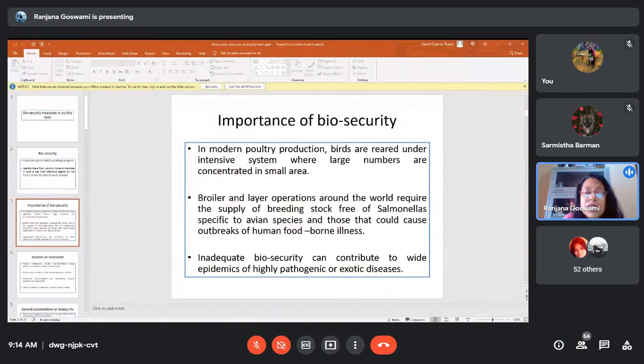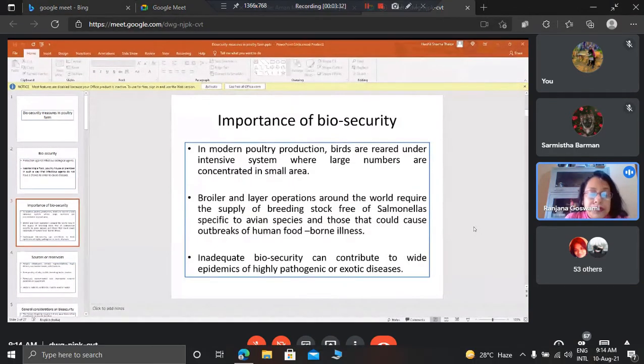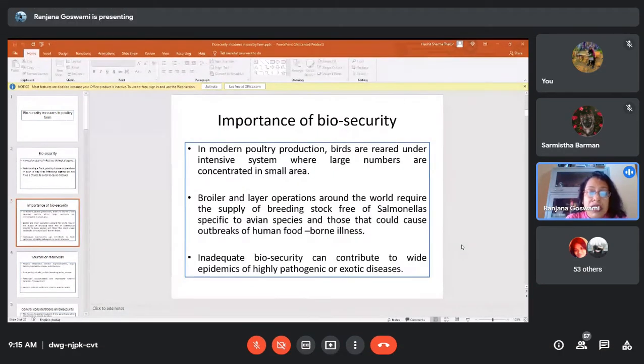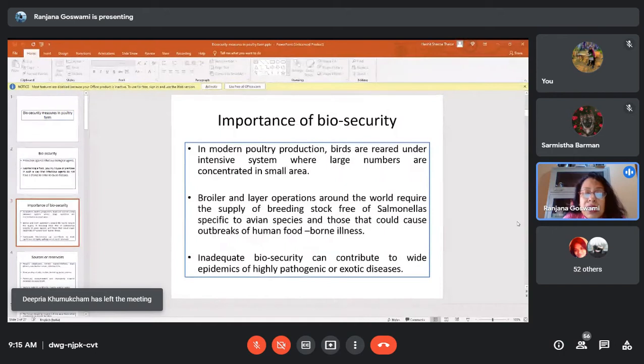Now, in case of local indigenous birds or backyard farming, the farmers don't have to worry about diseases, because the local birds are very resistant to diseases, and moreover only 5-6 birds will be there. They get all the vitamins required for their health and growth, because under the range system of management they will pick whatever is required. They will pick the worms and many other things, and they usually get their requirement from all those things. But nowadays, when intensification has taken place,